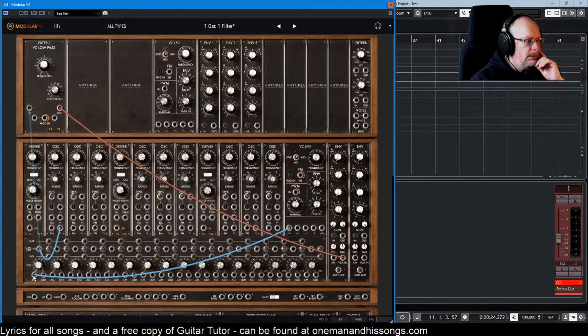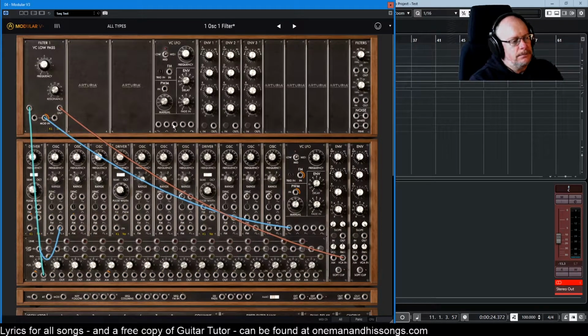What else can we do? Let's get rid of that one and throw it over here. So now we're affecting the low pass filter. There we go. It really doesn't take long to start getting an interesting sound. See, when I first plugged it in, when I first pressed the key, it wasn't very pleasant. But now, after not many seconds,